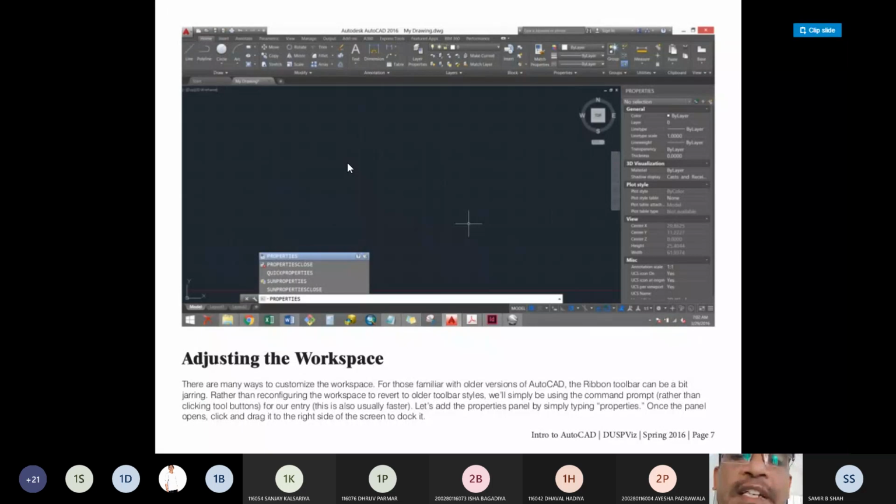I just show you the screen and give a brief introduction to it. Then I proceed to all the relevant basic commands which are helpful to start any kind of 2D or 3D drawing.